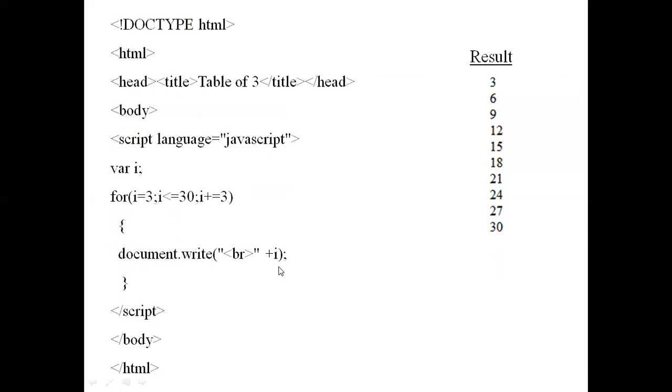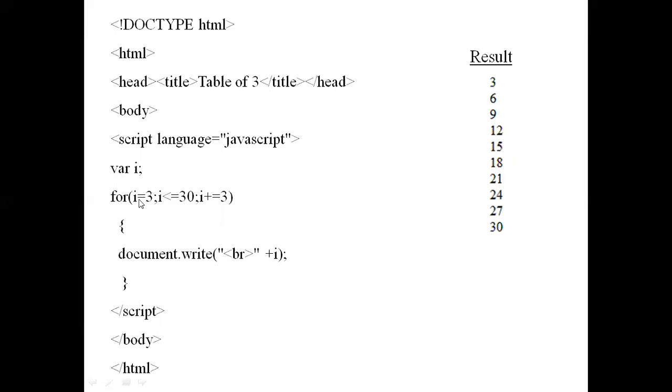Next, one more example is we will take the table of 3. How to generate the table of 3. So what will be the logic? You take anything. 3 tens are 30, 3 twenties are 60, you take up to any. This value, initial, and this is decided by the user. Accordingly, you have to say.